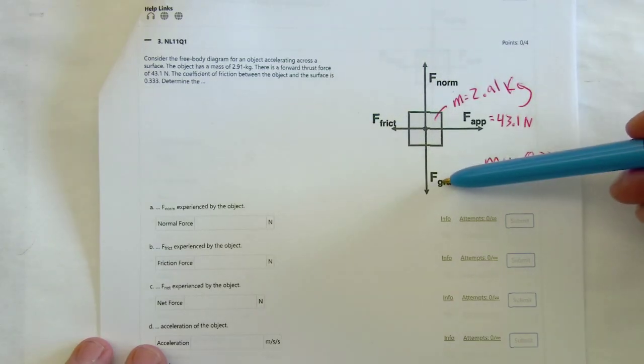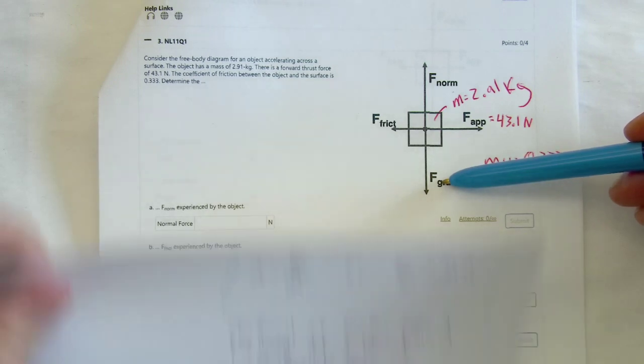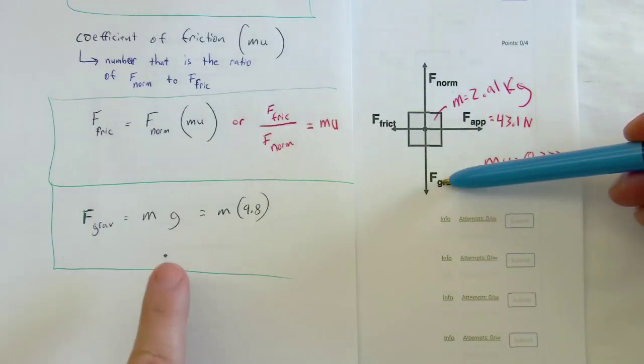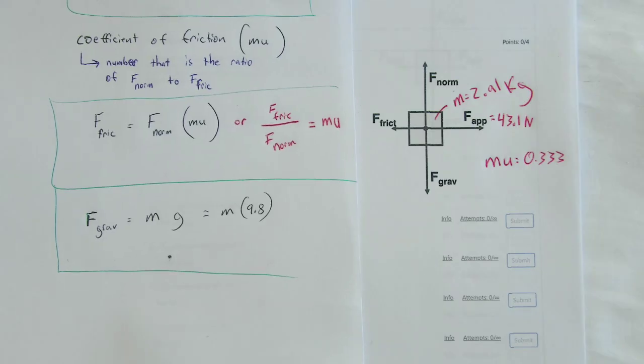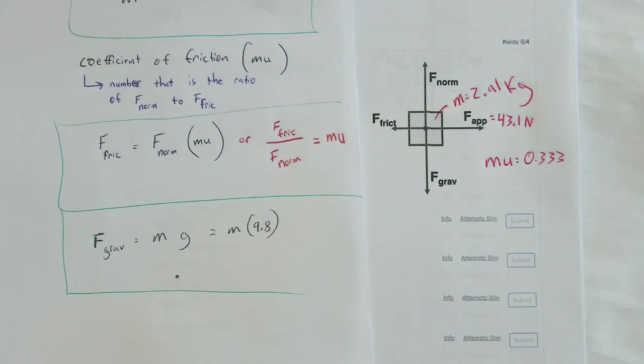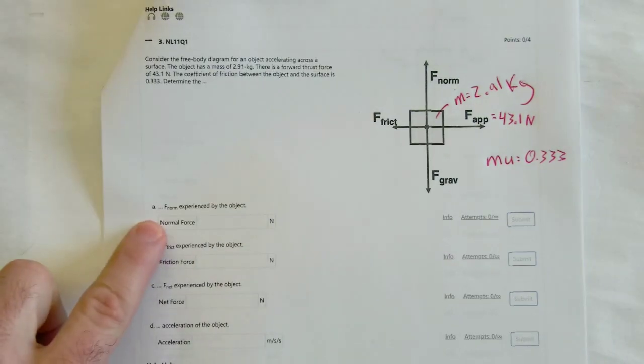And we do have an equation for the force of gravity, which is right here. Force of gravity equals mass times gravity, g, which is 9.8. And so to do this first one,